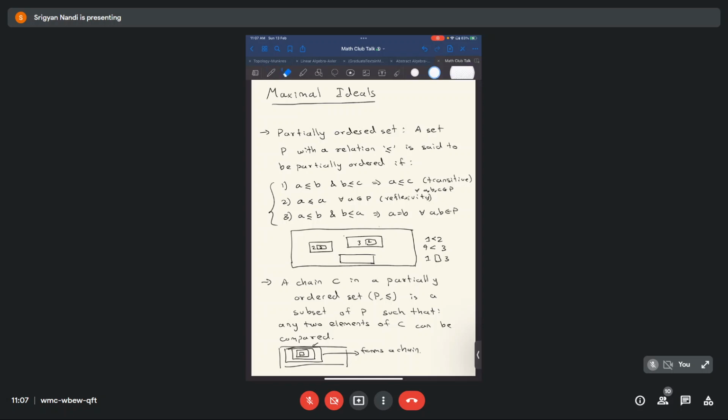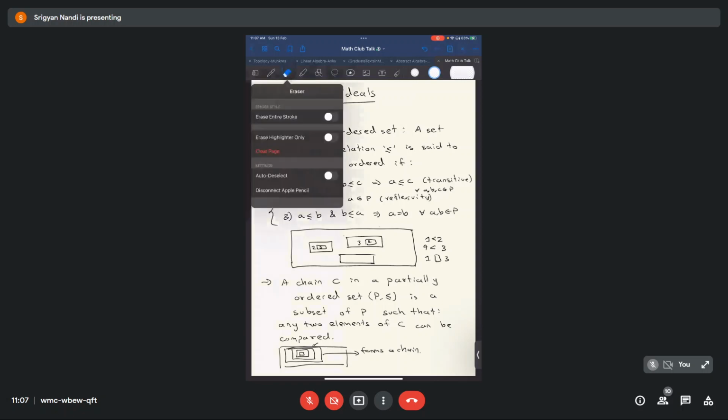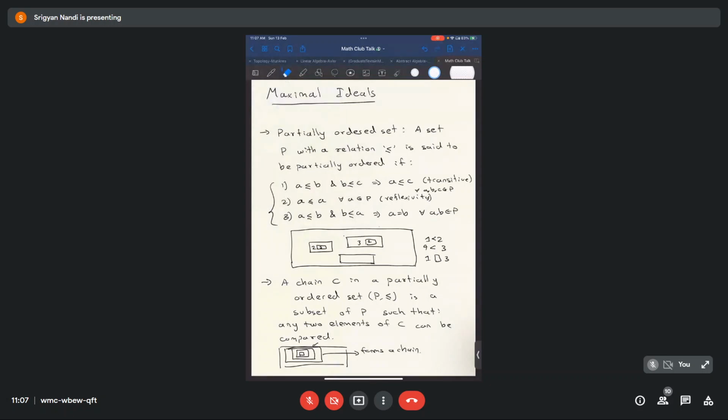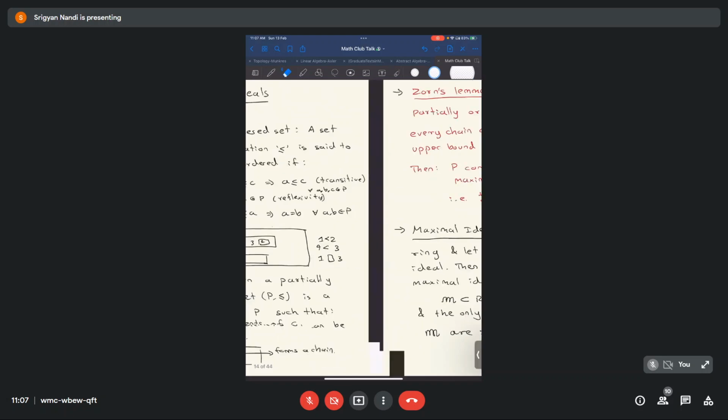So a chain in a partially ordered set P is a subset which is a totally ordered subset when inheriting the same relation. And we can trivially see why it's called a chain also, since in most partially ordered sets they look like a sequence of sets that each contain each other, leading to an ascending staircase or an ascending chain. So now that we are familiar with what a partially ordered set is and what a chain is,